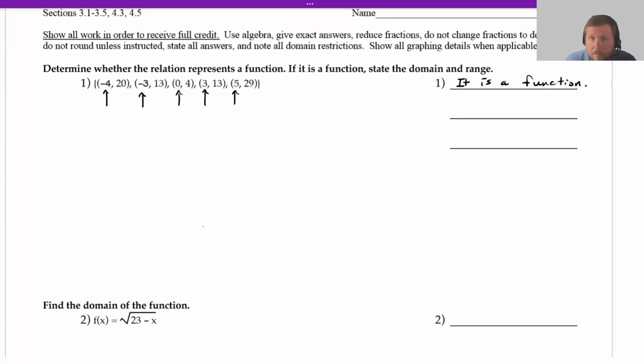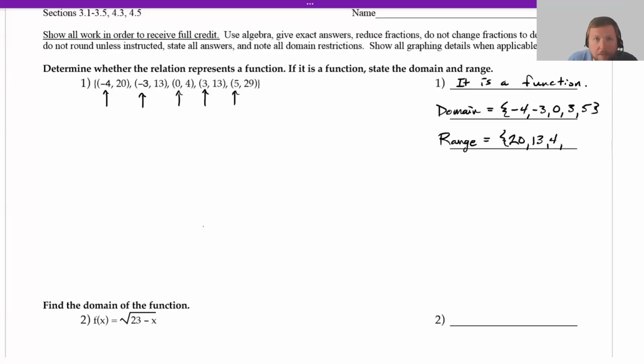So the domain is the set of all of the x values. And we've already determined that there's no repeats. Okay. The range is the set of all of the possible y values. So now the y values are 20, and you don't have to put them in order. That's fine. So 20, 13,